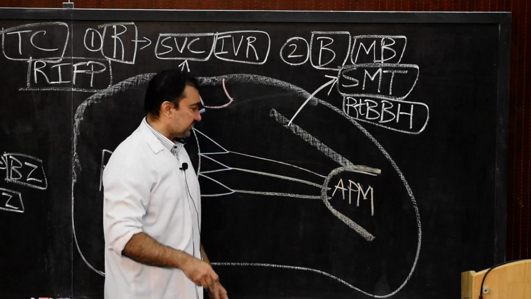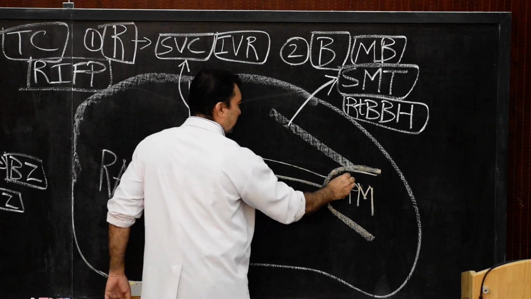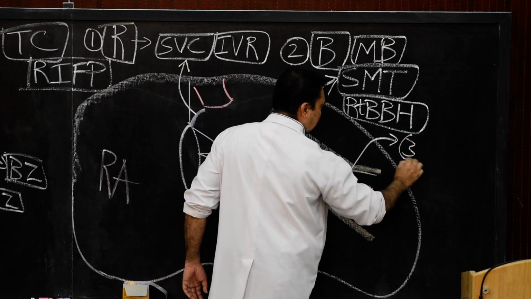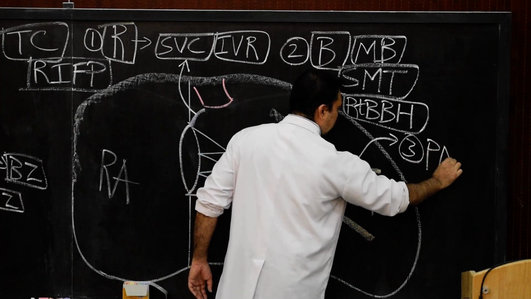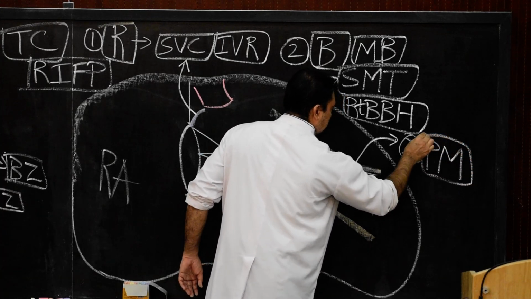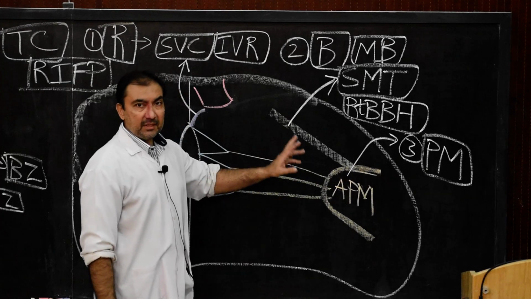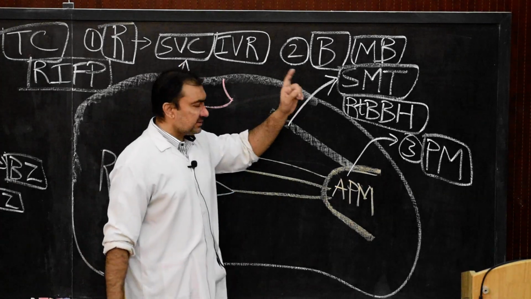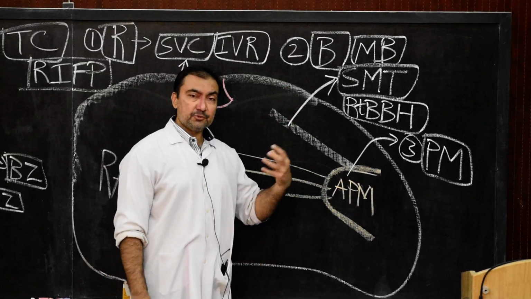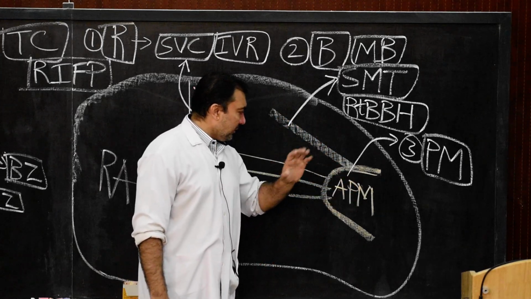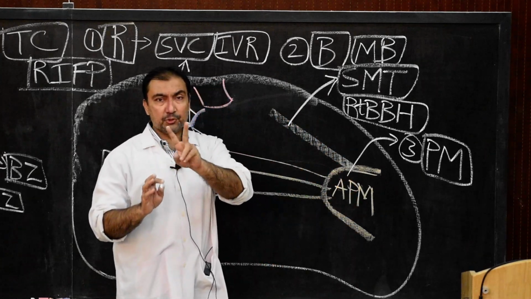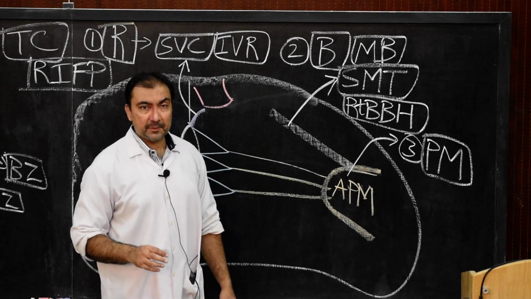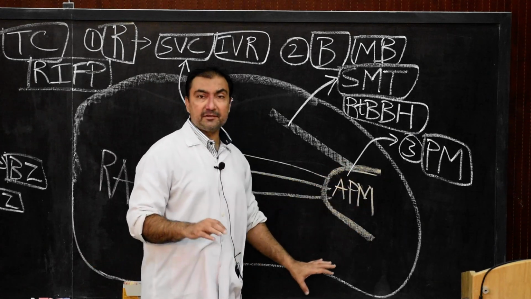Now the third important segment, if I write it over here, is known as papillary muscles. This is the third important segment, papillary muscles. Ridges, bridges and papillary muscles together constitute trabeculae carneae. Usually there are two papillary muscles, anterior and posterior papillary muscles, within the interior of the right ventricle.